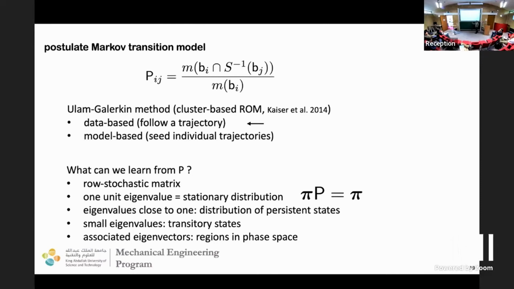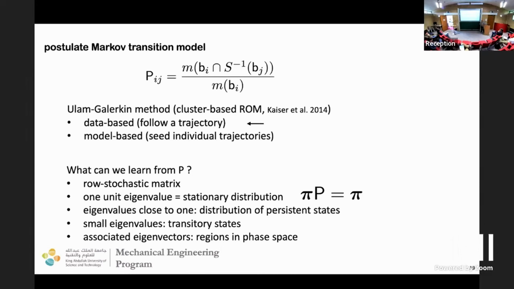Okay, the next eigenvalues are more interesting because then we go down. The next one is less than 1, because 1 is the biggest one, that's always there, and that is a distribution of persistent states. So the stationary distribution has a residence time of infinity. The next one down has a residence time of 1 over the eigenvalue, or 1 minus the eigenvalue. Okay, so if you have something that is 0.999, that one is a state that hangs around for